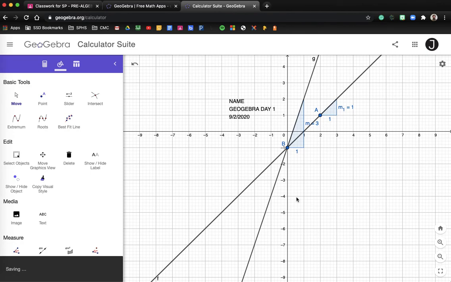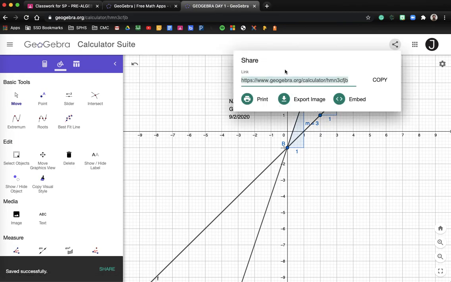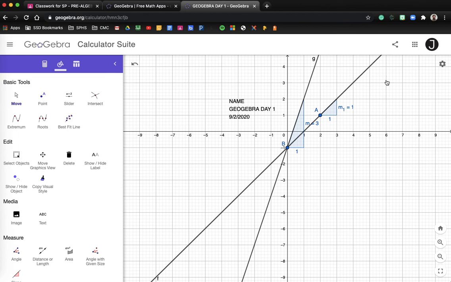So it's saving, and it's telling me that down here. Let's let it think for a minute. It's got to save. Now this is the important thing. This has now created a link, and what you want to do is click the copy button. Once you click the copy button, it's in there. Now you go back